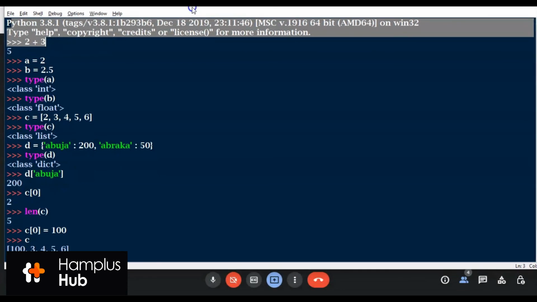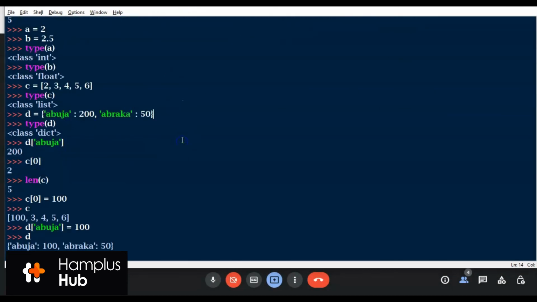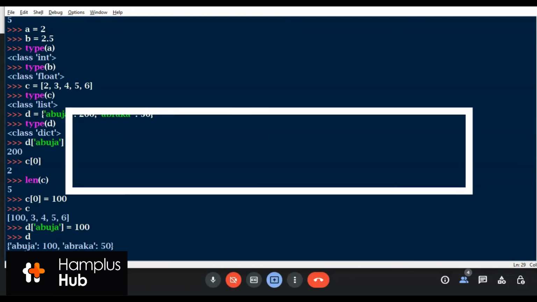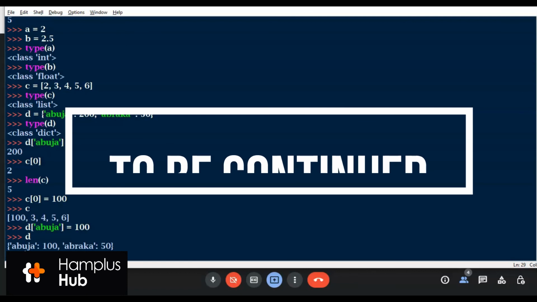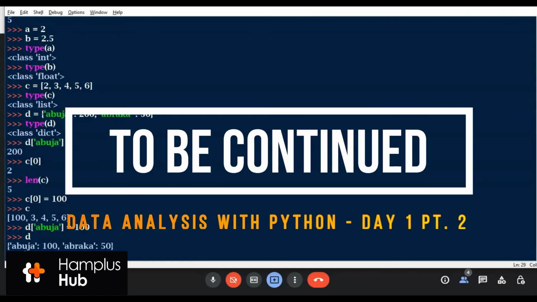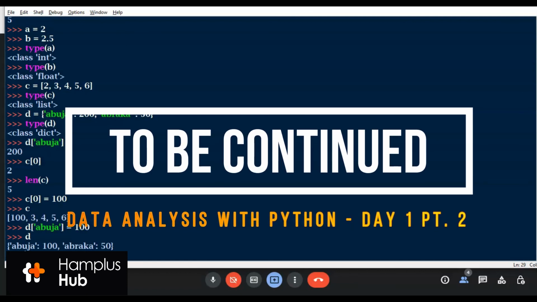Okay, so we'll be proceeding. Quickly, I would like us to visit the data type I said cannot change. And this data type is what we call a tuple. Some call it tuple, some call it tuple. It's like a list, but they have different parentheses.